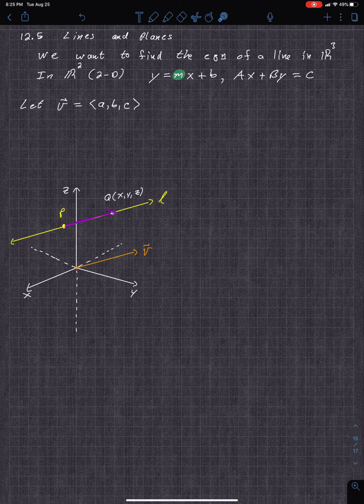So that is this vector here. So this is the vector v, a vector parallel to the line L that passes through